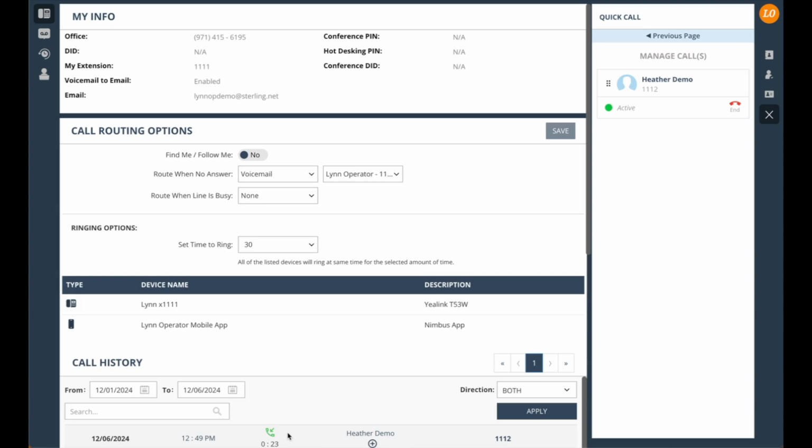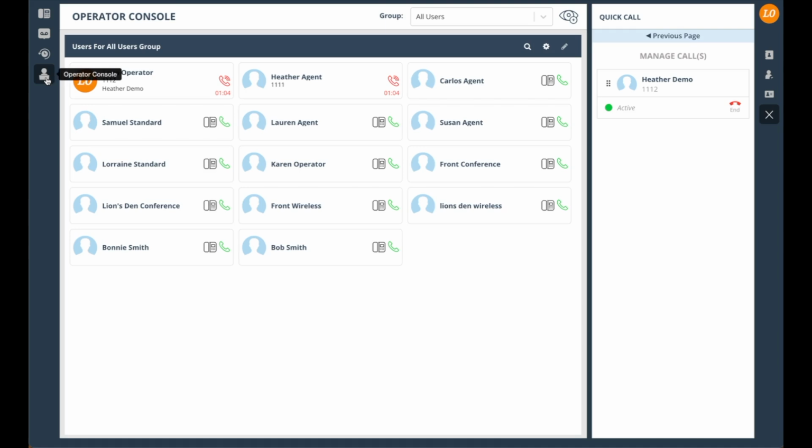Now, let's complete a drag and drop transfer. You will need your operator console, which shows all phone users in your company. This is found on the left-hand side of Boomea. Click to open. To complete a drag and drop transfer, do a left side click and hold down on the